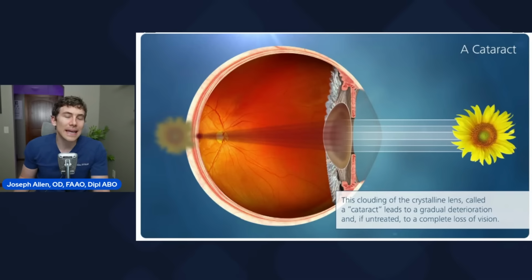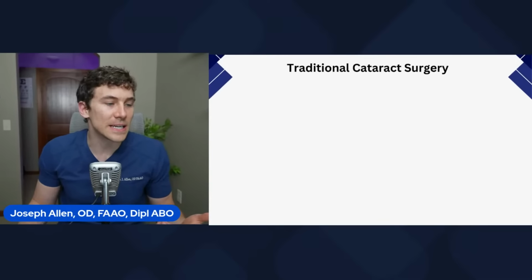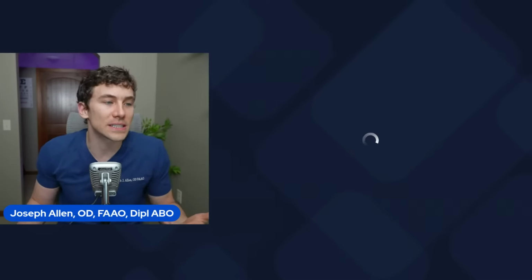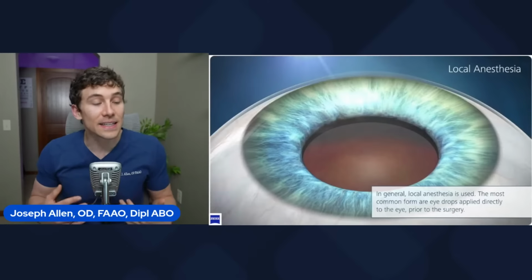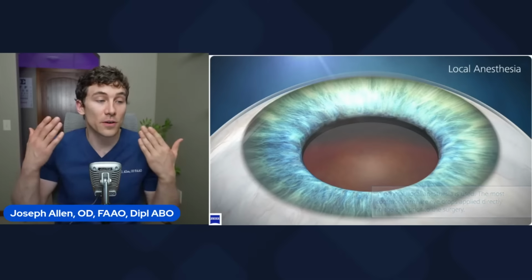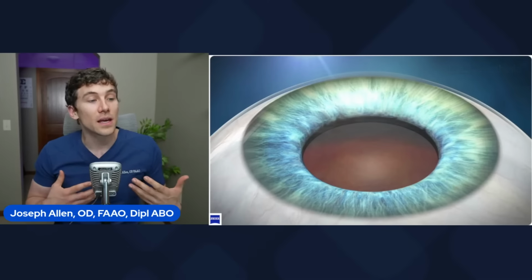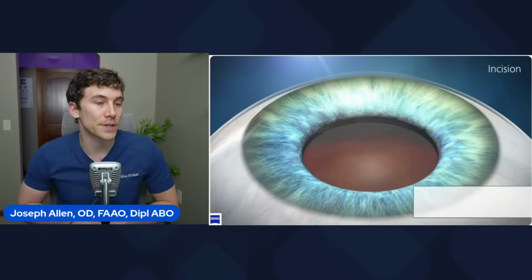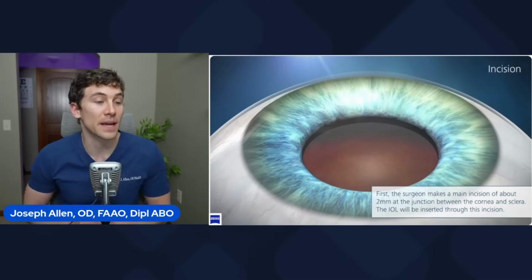Now, to better explain how cataract surgery works, I wanted to take a moment and we're going to watch a video together as I walk through what traditionally is done during cataract surgery. This is a video provided to us by the Zeiss ophthalmic company. They make high quality lenses for things like glasses, as well as lenses that we use in the eye clinic and different instruments. They even make some lenses for cataract surgery. This is not sponsored in any way, but this is a video that Zeiss did with a great animation